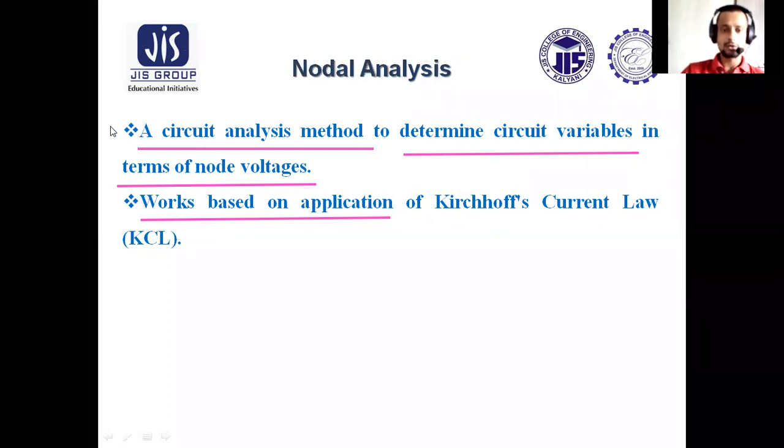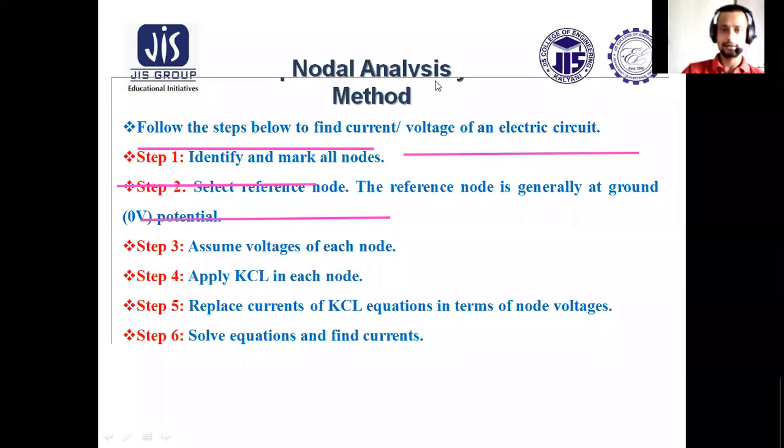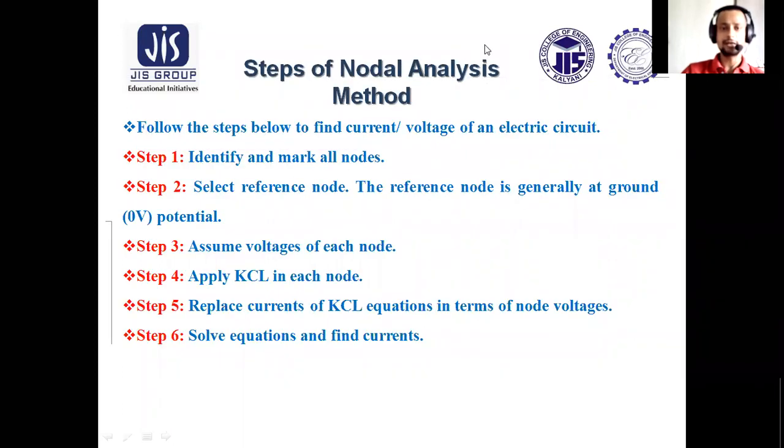So let us now discuss the explanation of this method. Here we can see a few steps written. These steps can be followed to solve any numerical on an electric circuit. Suppose you have been given one complex electric circuit and you are asked to get the solution for that circuit, that means determination of current or voltage for a particular branch. You must follow these steps to get the solution. So what are these steps?